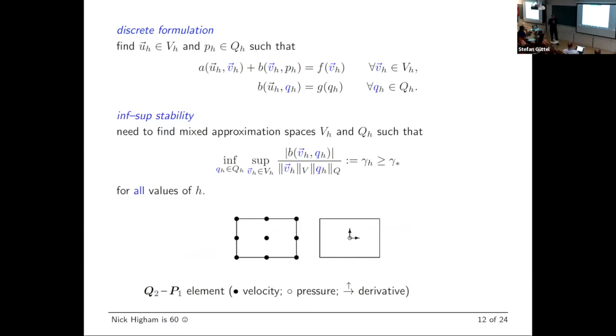You can't just arbitrarily mix these two things. In particular, if you choose the same thing for velocity as pressure, it goes wrong. It's not stable. So there are classes of stable approximations. Typically, the velocity approximation is one polynomial degree richer than the pressure. So this is a stable element in 2 dimensions. This is a 9-node velocity element, biquadratic for each degree. In 2D, there'll be 2 degrees of freedom at each node. And we have a discontinuous linear approximation of the pressure. So 3 degrees of freedom in each element.